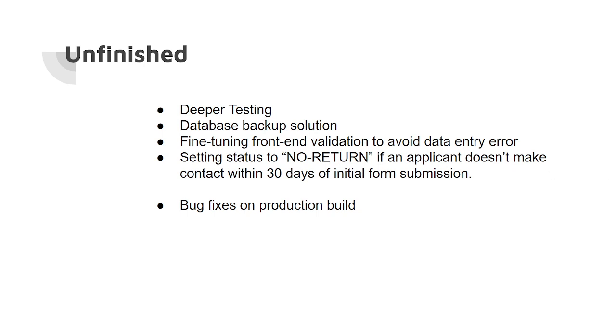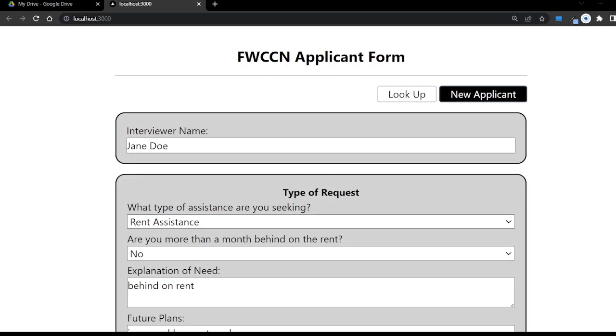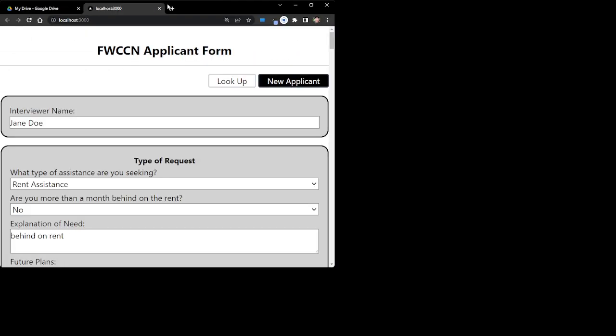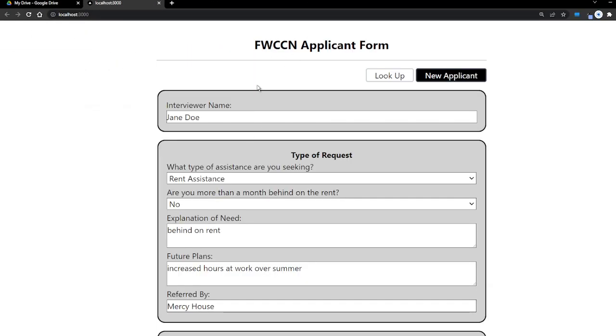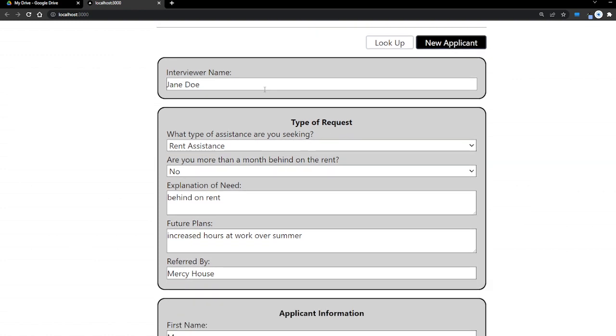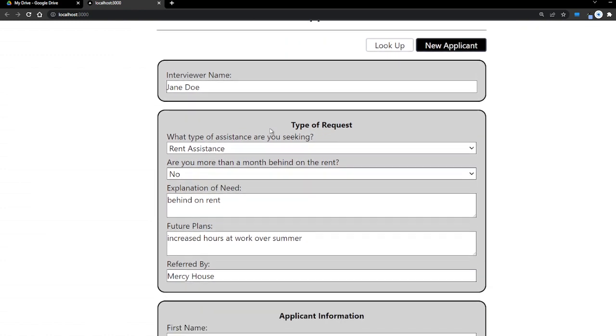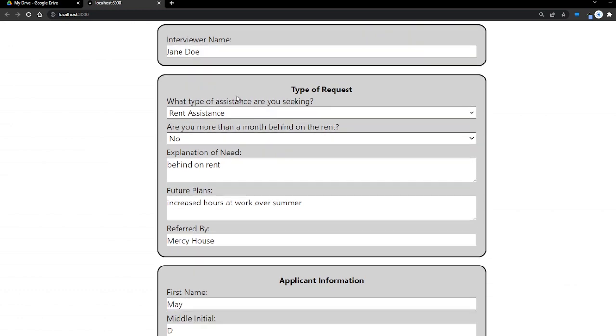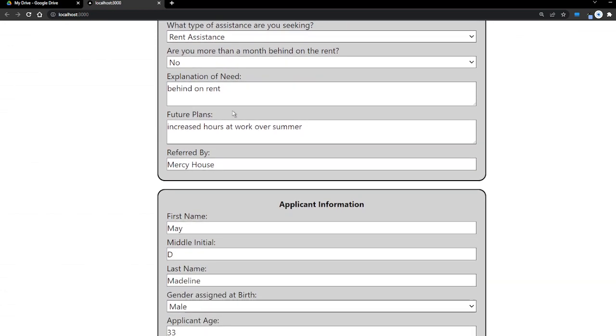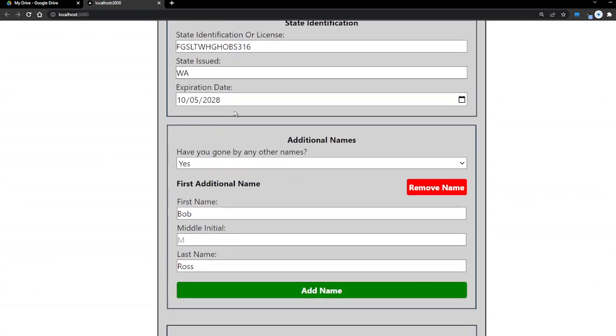So with that being said, I'd like to get into the demo. Let's move on over to the form here. Now, I have some information entered in here already. But if someone was coming in and needed help, what I mean by dynamic is like if you have rent assistance here, you can see that down here when we get to entering